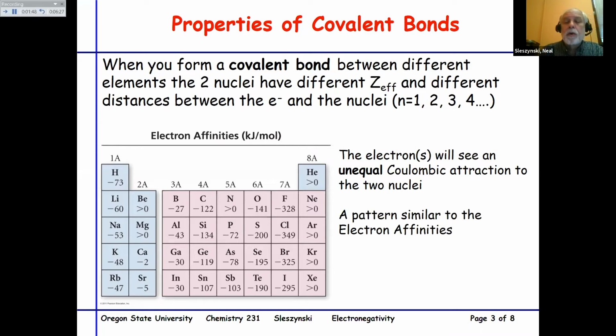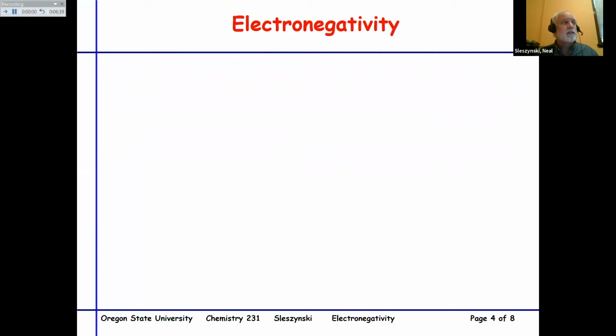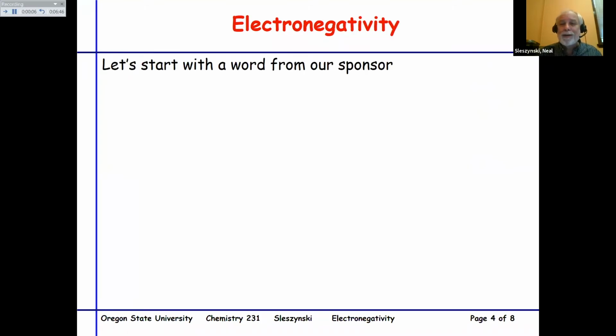The pattern that we're going to talk about with electronegativity is similar to what we see in electron affinities, but not exactly. So let's see where the concept of electronegativity is going to take us. And when we're talking about electronegativity, the first thing that we need to hear is a word from our sponsor,